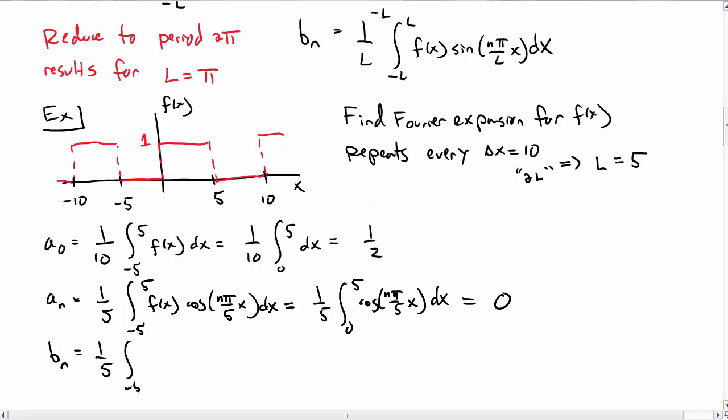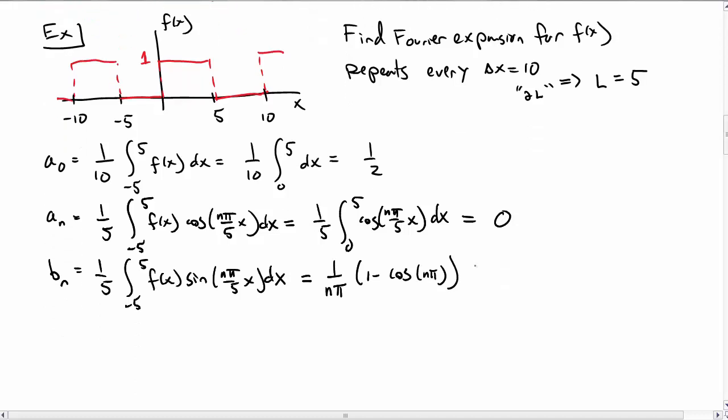The b sub n's is a similar integral, except with a sine. In this case, you'll find that you don't get 0. In fact, you get 1 over n pi times 1 minus cosine of n pi. We could write that in a slightly more useful way. We could write that as 2 over n pi if n is odd, and you could check out 0 if